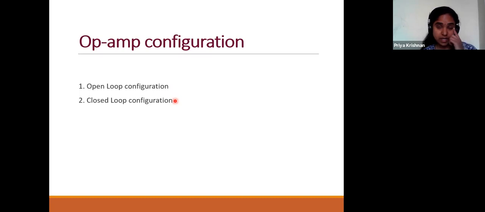For example, we can take the reality shows on TV, where the judges are there and are all the time giving feedback to the participants so that the participants can improve their performance. Yes, so that is the closed loop configuration. If no judge is there, no exam is there, it's a complete lockdown, no classes, then that is the open loop configuration. I can do whatever I want. That is the open loop configuration.